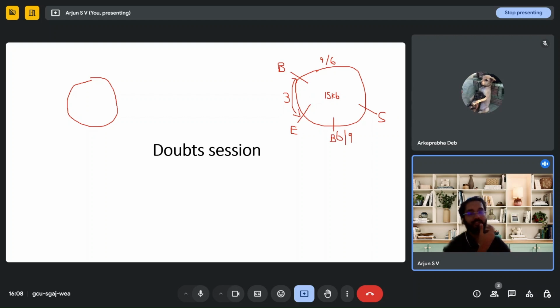Let this also be your BamH1. So BamH1 can either be between EcoR1 and StuI on this side or on this side. But in either case, if it cuts, the BamH1 and StuI are going to give you 9 kilobases and 6 kilobases. So since this is already